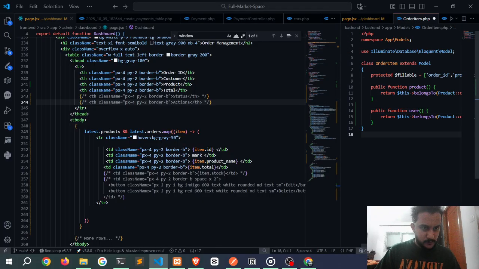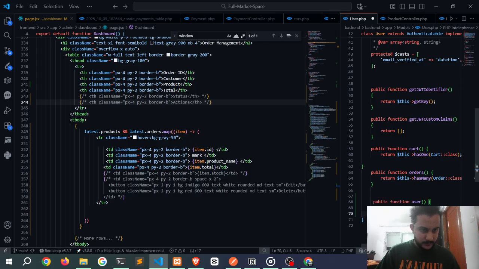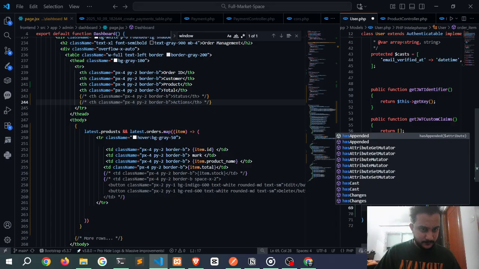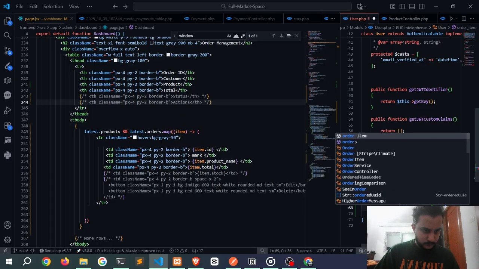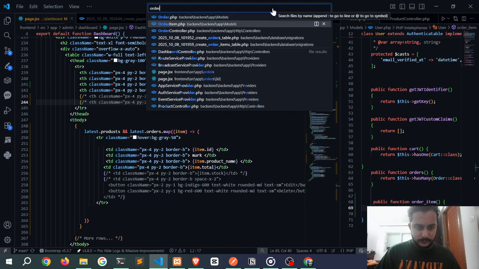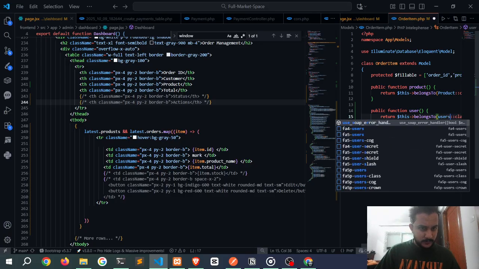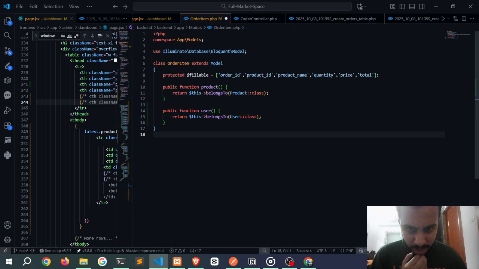with user. So the order item is belong to the user, and the user can have more the order, sorry, order item has many order item, and on the order item here let's modify by relationship on the user. Okay, so